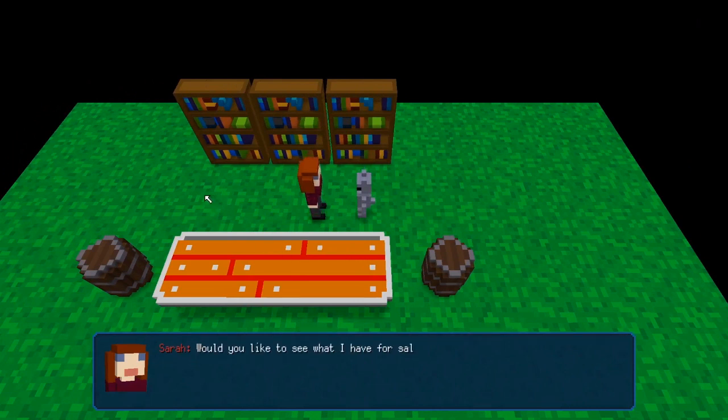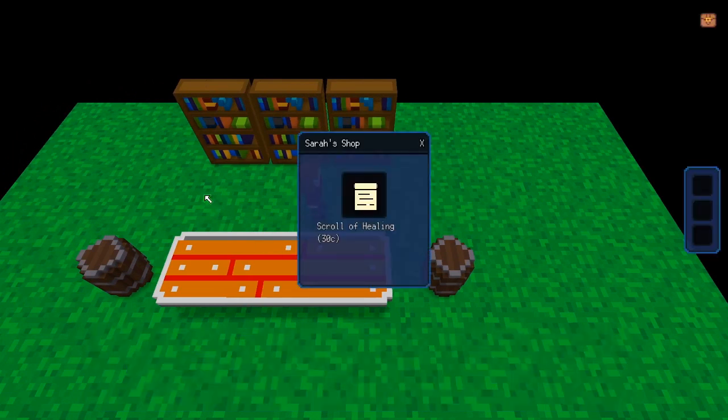welcome to my little shop. Would you like to see what I have for sale? Yes. So we have scroll of healing at the moment, but as soon as I buy it, sold out, because